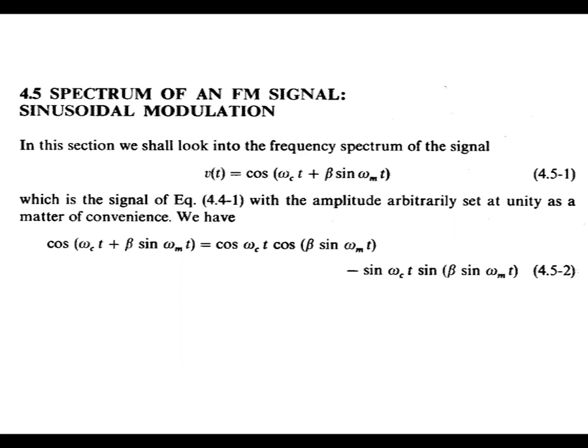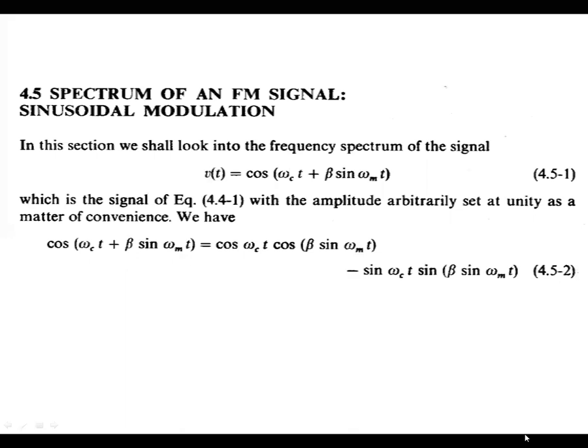That is, the number of sidebands, which are called spectral components. For that, you have to go to the frequency modulation mathematical equation: V of t is equal to AC cos of omega ct plus beta sin omega m t. Once again, V of t is equal to AC cos of omega ct plus beta into sin omega m t. In this equation, assume that the amplitude of the signal, AC, is equal to unity, for our convenience.